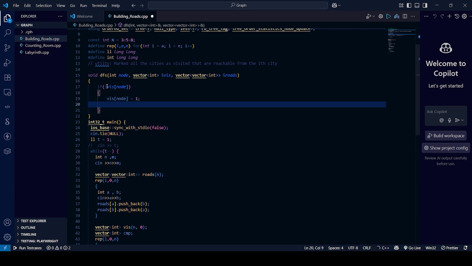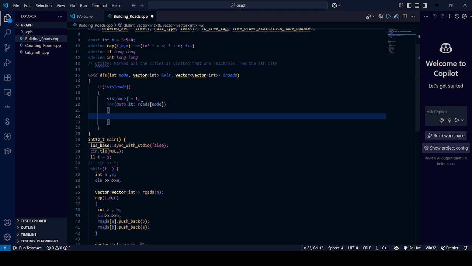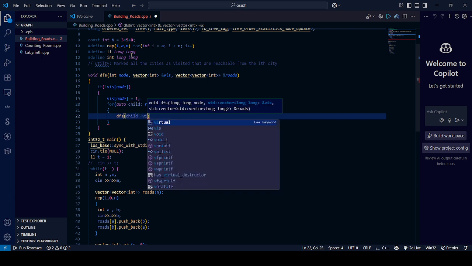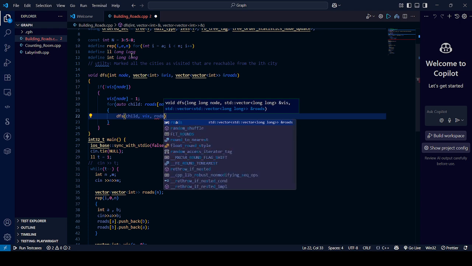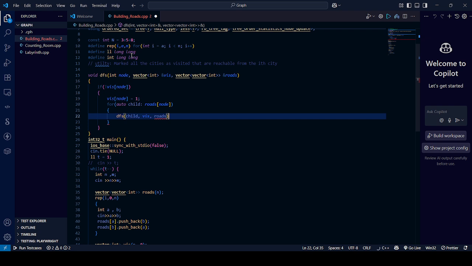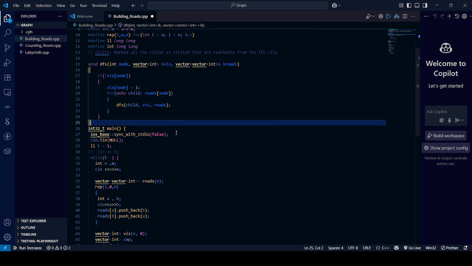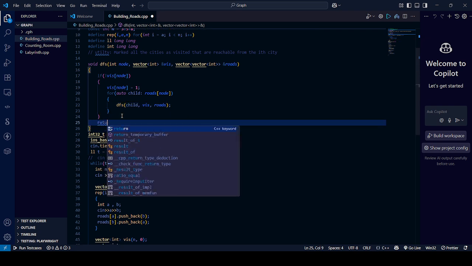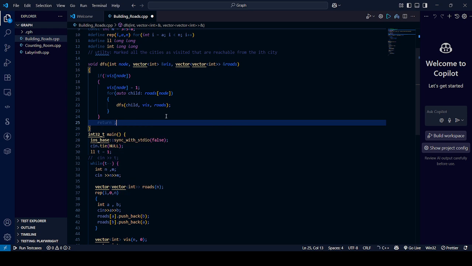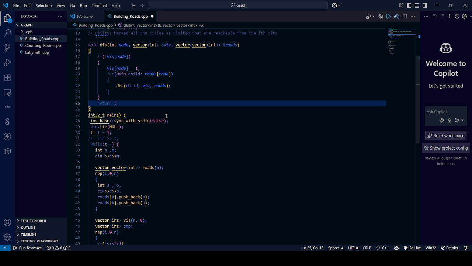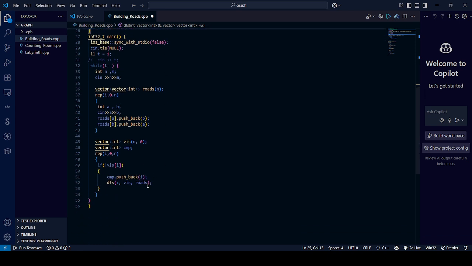So visited of node is equal to 1, and then go to its child and apply DFS again for the child. Then finally we will return. So what we do here is mark all the cities that can be reachable from the ith city. Okay,